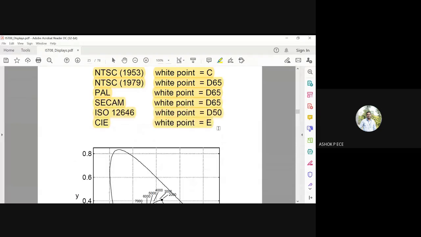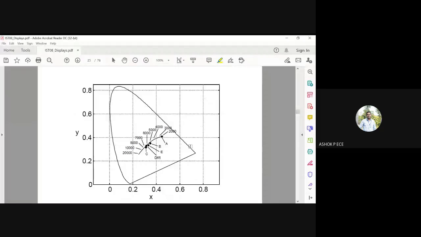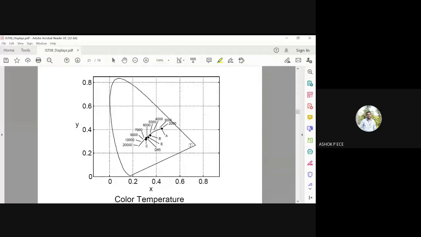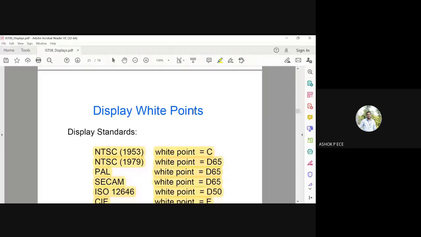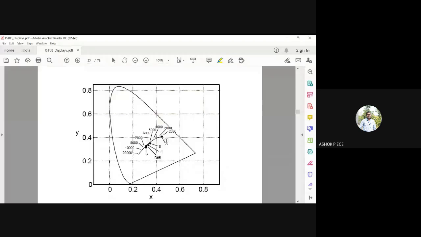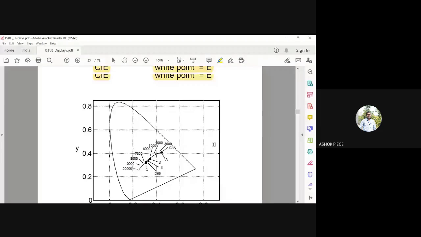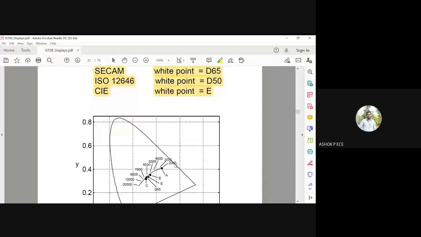If you see the location of all of these, you can see that they are very close: A, B, C, D65. So A is going to be the color temperature. Each color is going to have a temperature of emission that is going to be mapped along the x-axis, and y you have as the other parameter. So A, B, C, D65 and E are marked. The remaining ones will be close to each other only. The minimum for A starts at 2000 and the maximum it can go up to is 20,000.